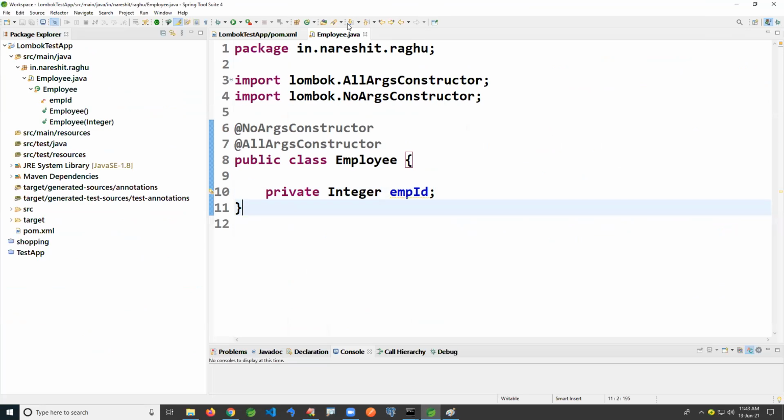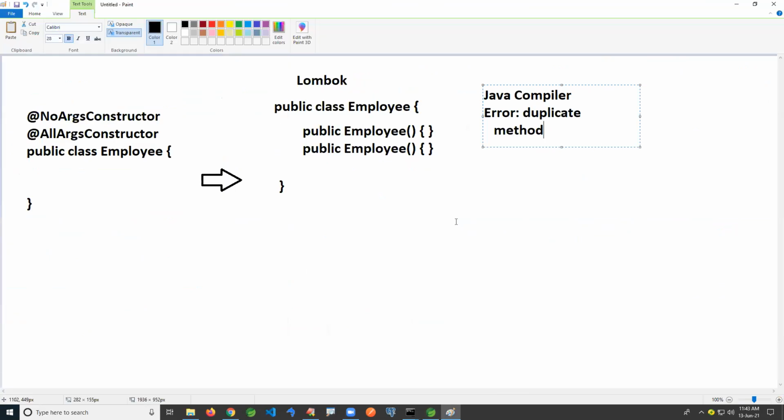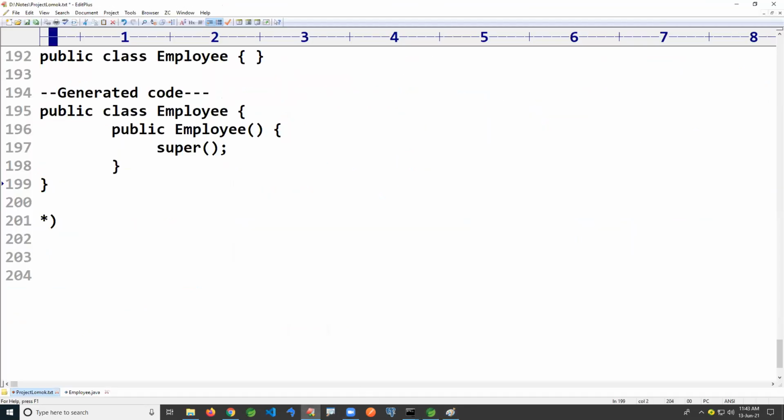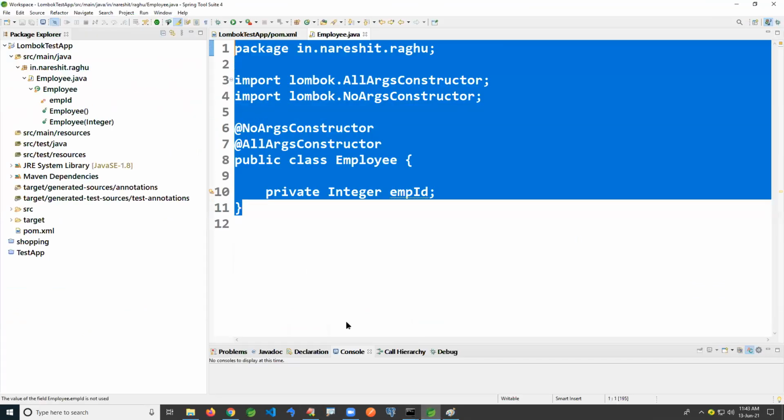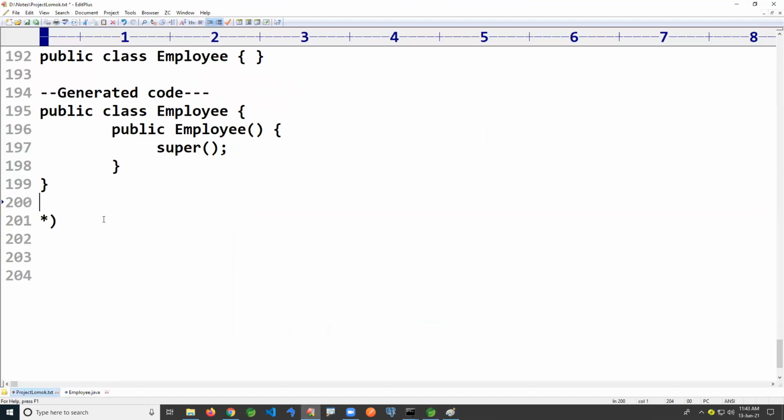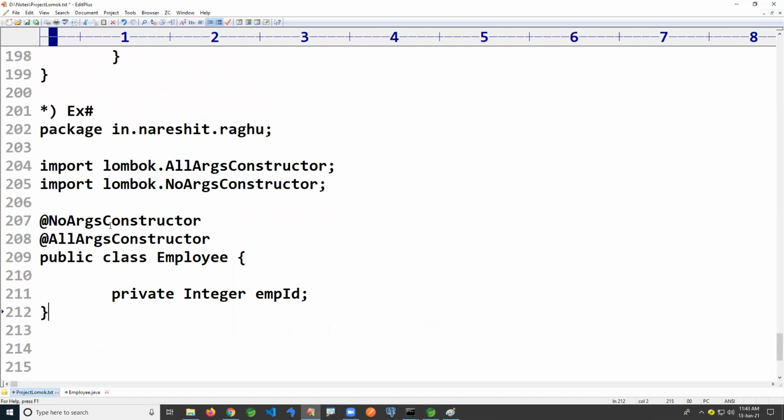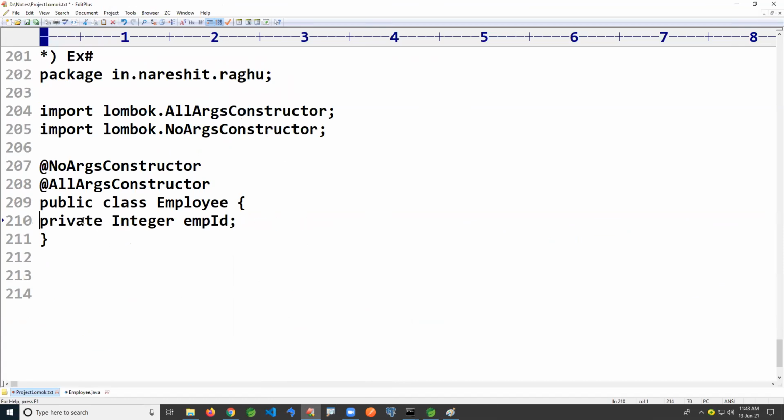You have to use it properly, else it is going to give errors. So we can check what the error actually is here. This one small example I'm just giving, example 2. In this case, two constructors are generated.